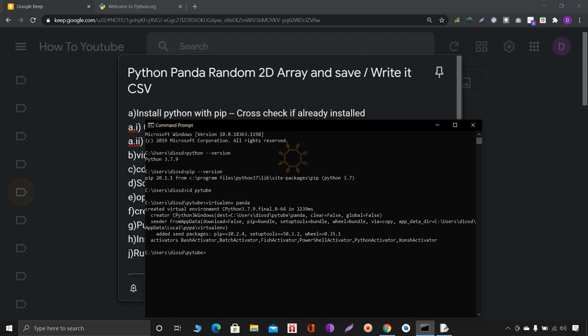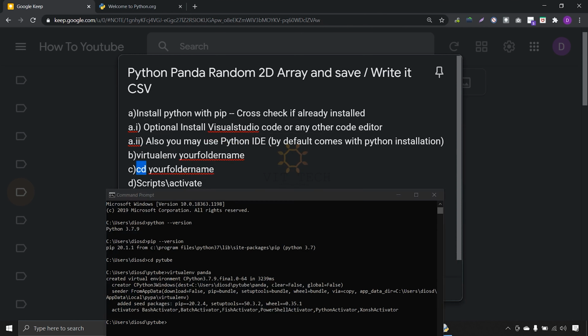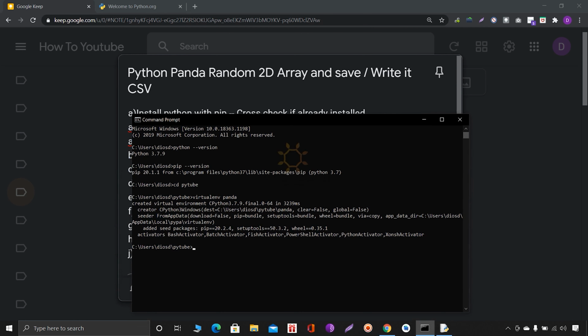Before creating the Python file, we need to activate this virtual environment. Go to that folder first: cd Panda. Now we are in the Panda folder. In that folder, activate it with scripts\activate.